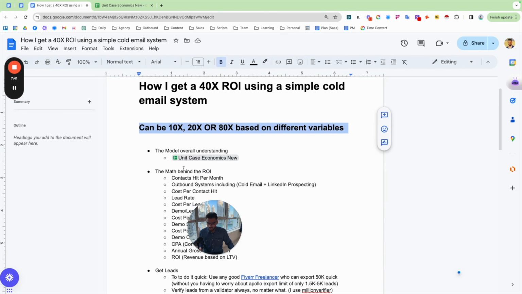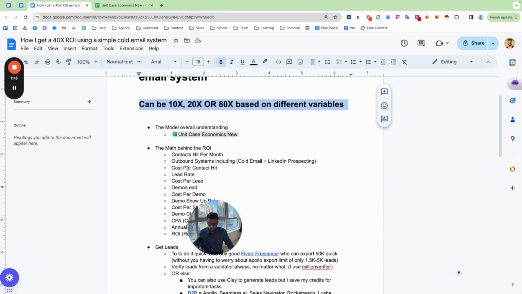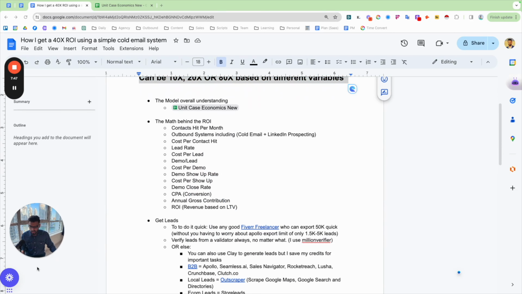So let's break down where you need to focus if you are starting out, or if you want to implement cold emails. So these are all the things you need to focus on. You need to know your numbers, and how much it's costing you to generate a lead, a demo booking, a cost per demo, the cost per acquisition. And these are really important numbers that you should always keep in account when you are